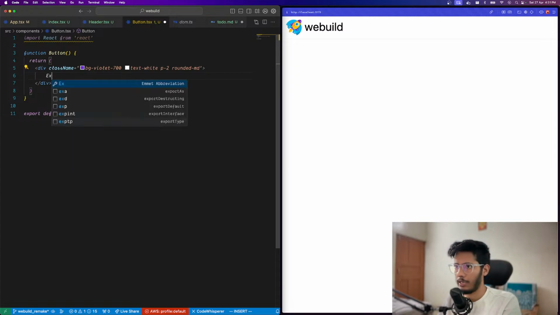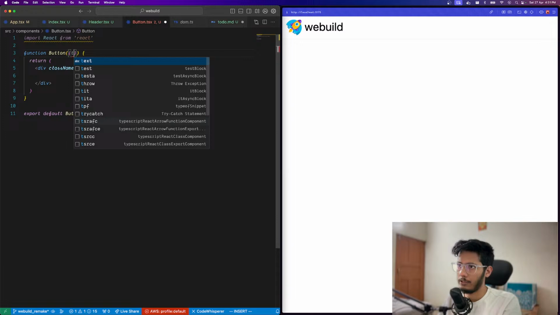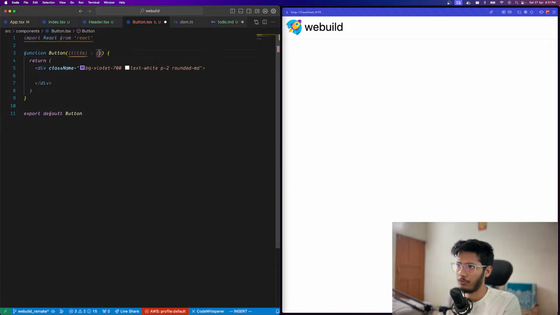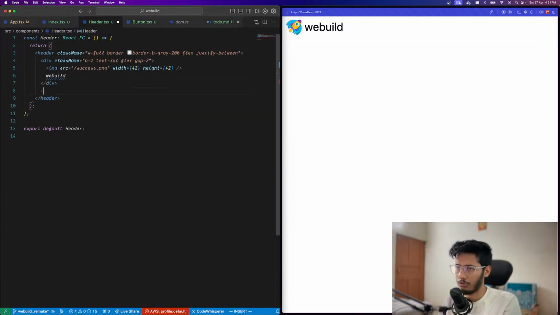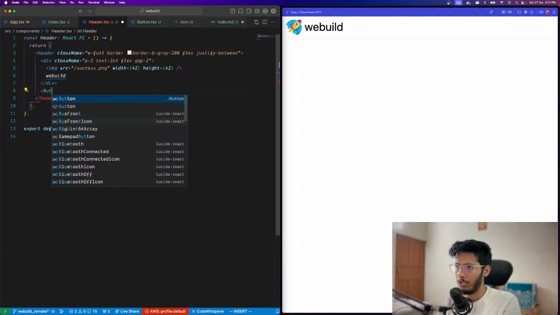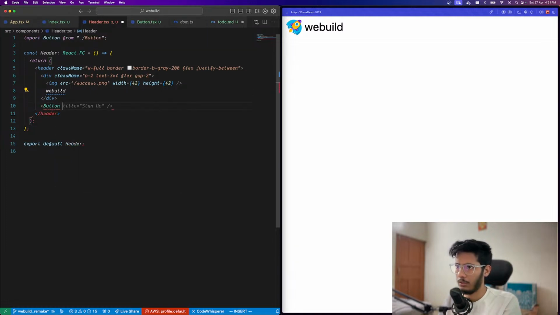So let's take title from here, which will be of type string. There you go. That's kind of cool. Can we use this over here though? X button, and